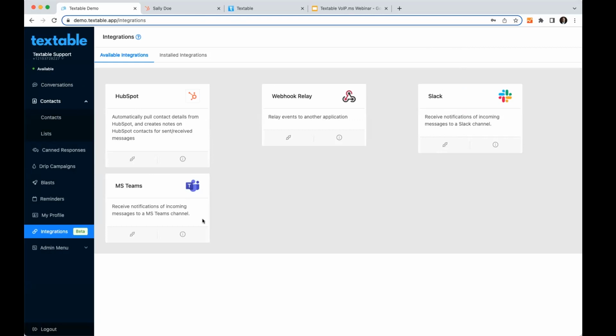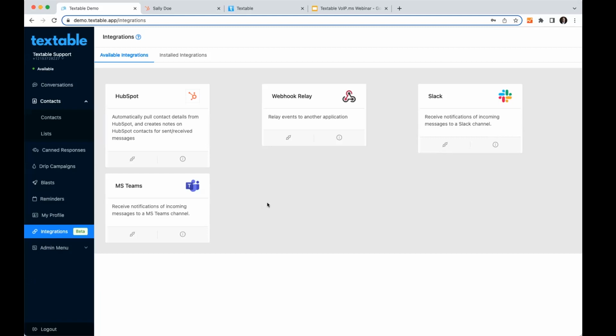WebEx doesn't have a sort of webhook configuration option, only an app install option. So we're preparing that one. But essentially, the way all of those chat apps will work is you install it, you choose a channel to push notifications to, and then you'll get a message block that says, new message from, contact name, phone number, message content, and a button to go, hey, click to go to conversation. That'll take you right over to the Textable web app to be able to reply. You can thread off of that internally on Slack or Teams or whatever to chat about it and then come up with a reply maybe.